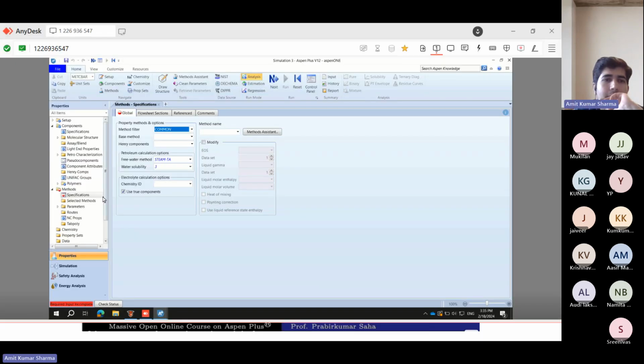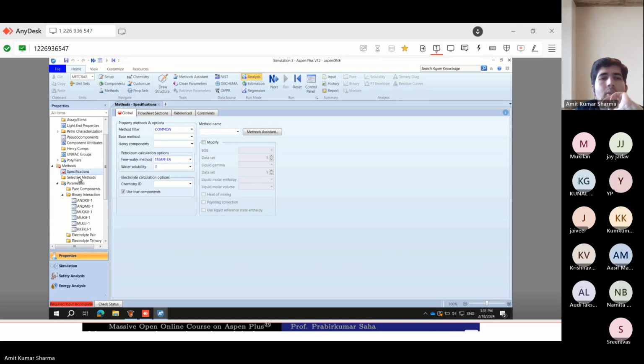So see very carefully. On the left side, we can see the methods, then specification, then the parameters, then the binary interaction parameters list. You can select multiple methods in one go. Suppose I'm not sure which method I should use, I have some experimental data, or I'm doing a complete modeling.